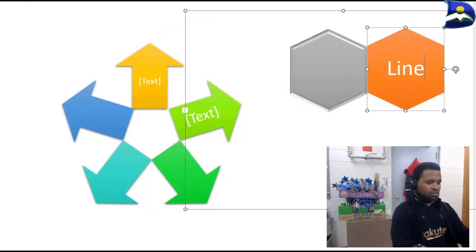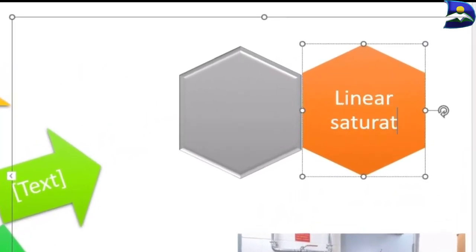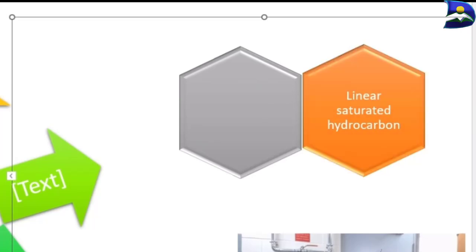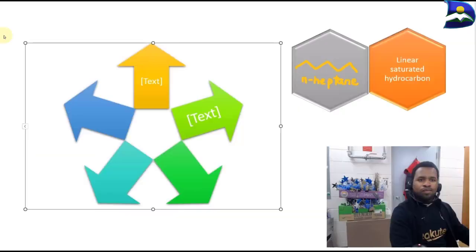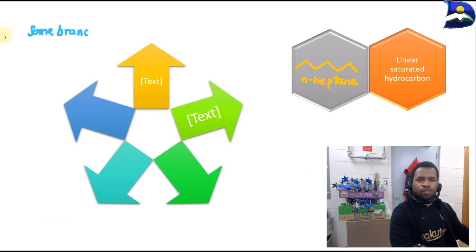Our first step looks at linear saturated hydrocarbons, where in this case you have 7 atoms that are carbon and are joined together by covalent bonds in a straight or linear system. This is called n-heptane. Hep in this case means 7, and n means that it is a linear continuous, non-branching system, and the -ane ending represents single bonds. And this is going to lead us to some branched versions of